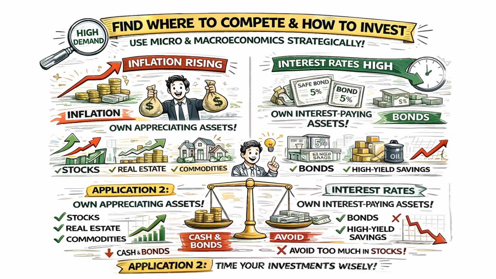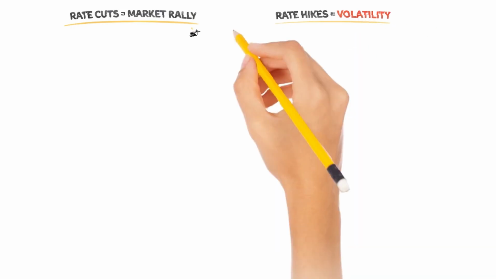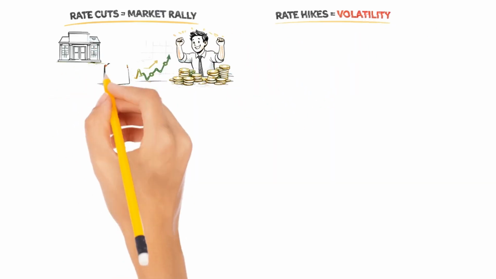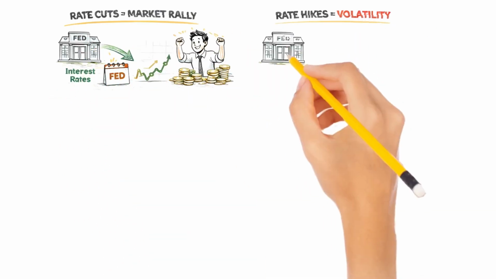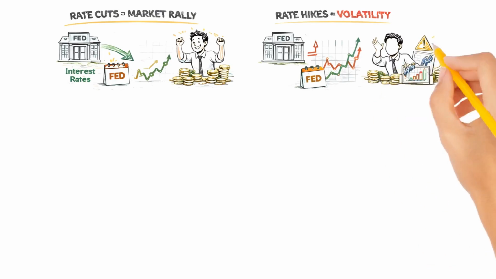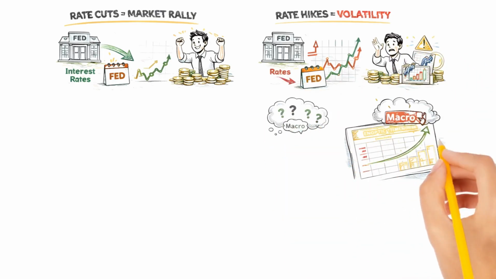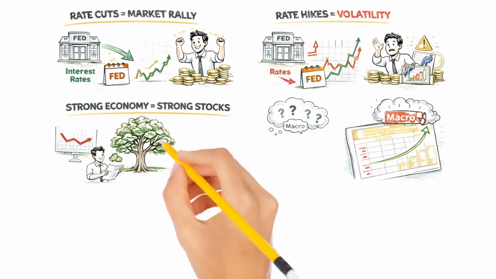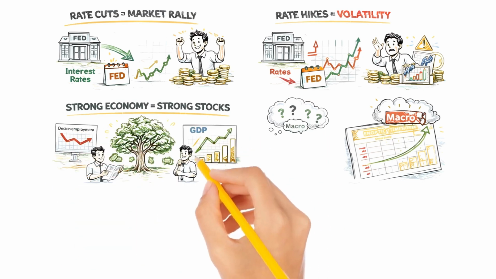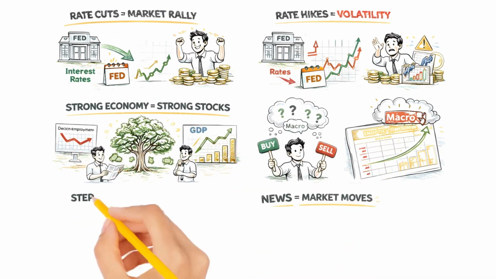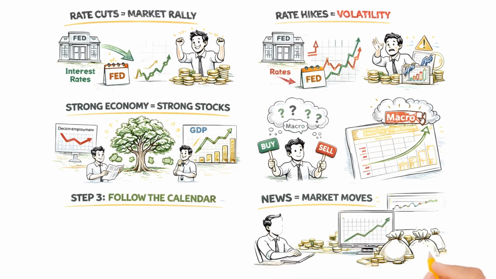When inflation is falling and interest rates are high, bonds become attractive. High-yield savings accounts suddenly pay 4 to 5%. When the Fed is cutting rates, stocks tend to rally. When they're raising rates, expect volatility and potentially lower returns. When unemployment is low and GDP is growing, it's usually a good environment for stocks. Macro doesn't tell you exactly when to buy and sell, but it helps you understand the environment and adjust your